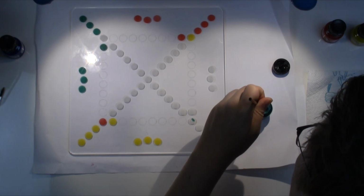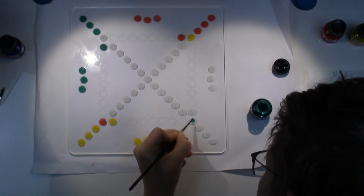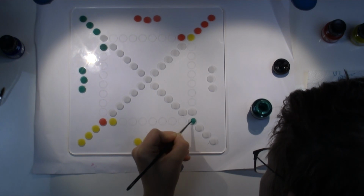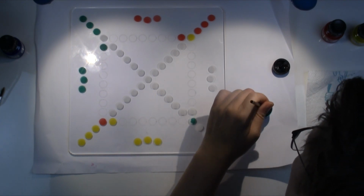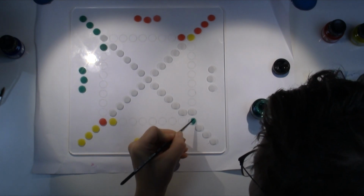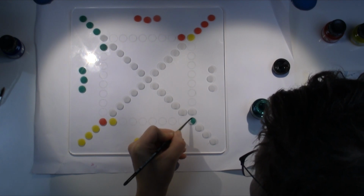So I will read the rules before. And if I have a lot of time, I'm not sure about that yet, but there is the possibility that I play a test round, see how things go, and then when we play that game, I will explain the rules while they help me set up. Because it is actually...